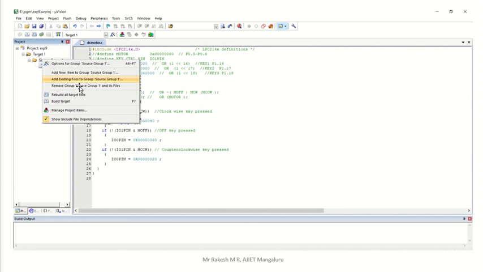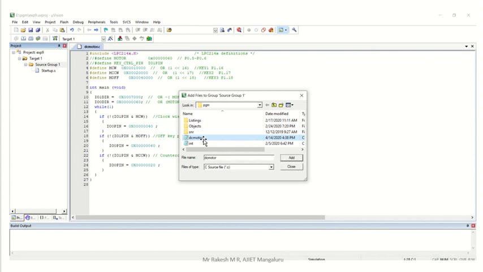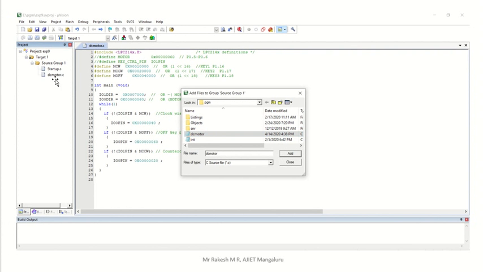Click on Add Existing Files, then search for your program where you saved it. Since you saved in .c format, in the file type select C Source file, then you will get all the C type files. Select your file and click Add. Once you click Add, you will get that file in Source Group 1. Now that the file is added, you can click Close.